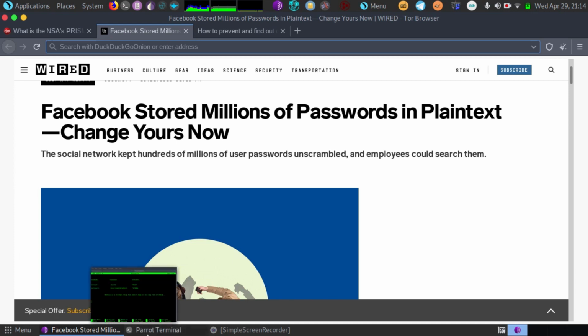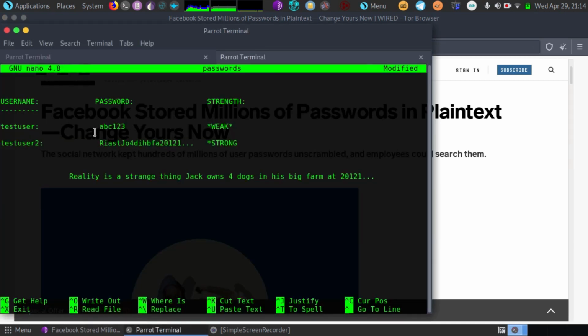So we're going to test these two accounts, and as I mentioned, the trick is to use an acronym using numbers. What we've used here is a simple sentence that is easy to remember: reality is a strange thing. Jack owns 4 dogs in his big farm at 20121, which is a Milan, Italy zip code.